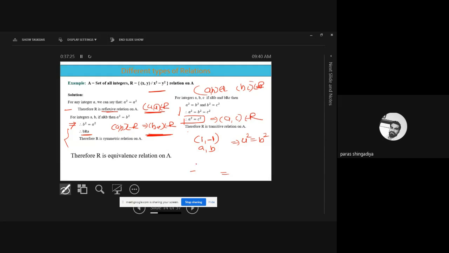You have to use (B, C) also to consider the (A, B) and (B, C) form. So B we have to keep the same here. It should be the same. Clear? So when we say B and C belong to R, B square is equal to C square. Now we can say that (B, C) also belongs to R. So C will necessarily be 1, right?